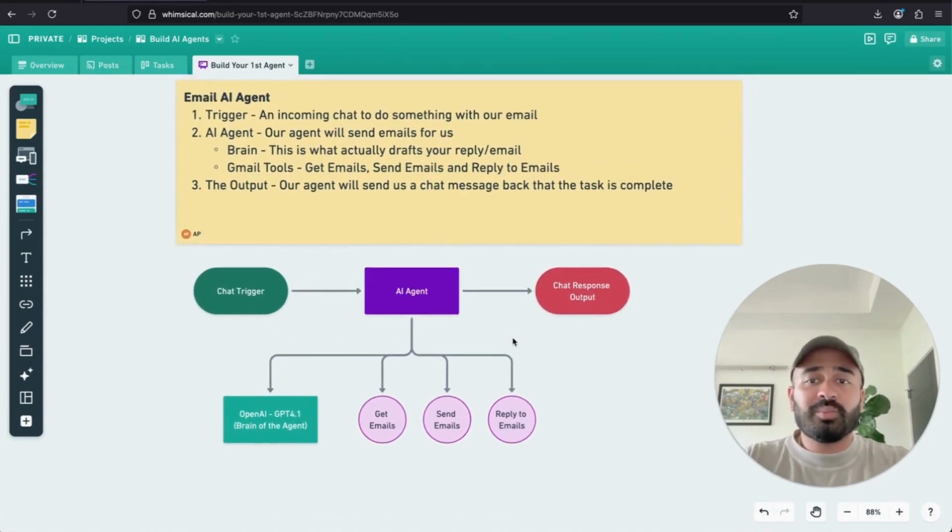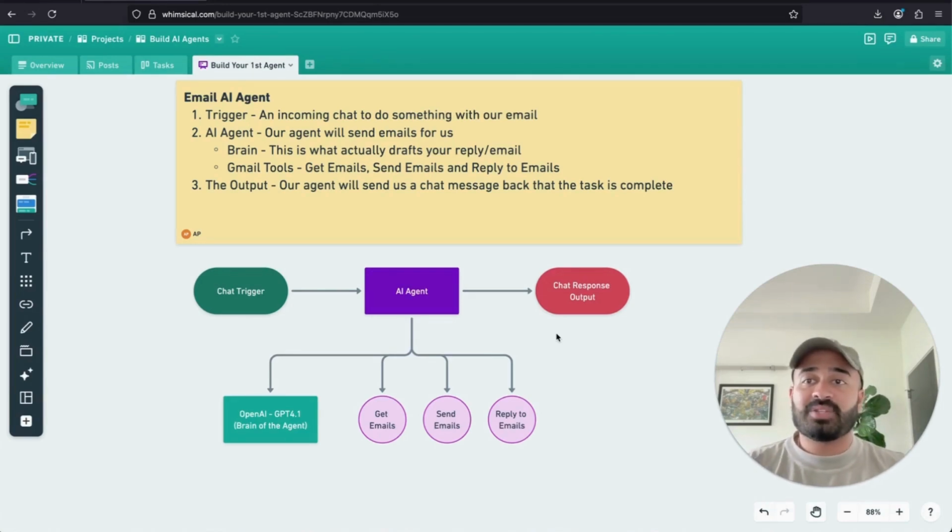You can pretty much break it down into these 3 simple steps. What's the input? What does the agent need to accomplish its goal that was given in the input? And then what is the final output you want? When you're thinking about an agent you want to build for yourself or for a client, I would break it